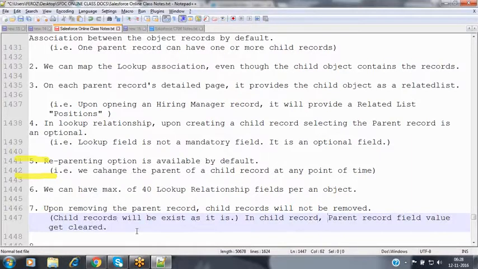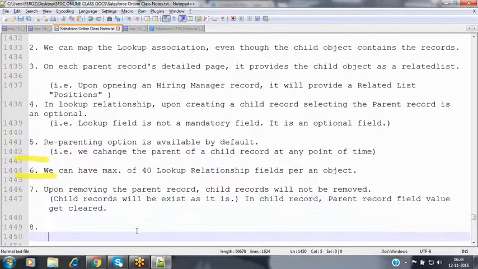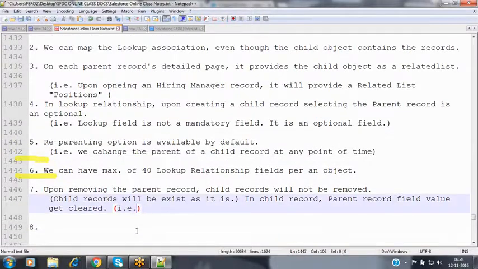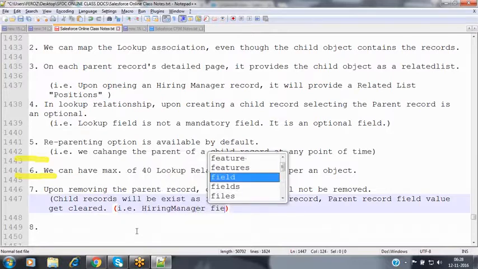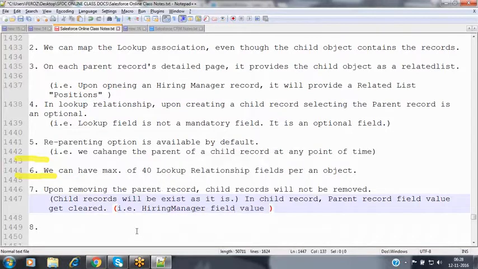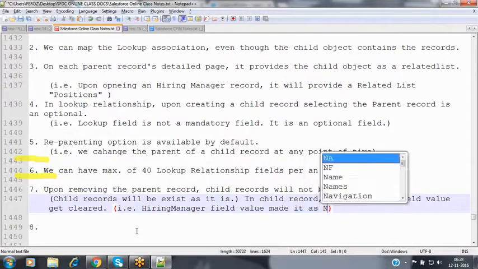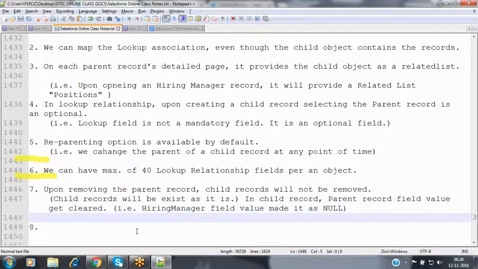In the child record, the parent record field value will get cleared. That is, the hiring manager field value is made null.